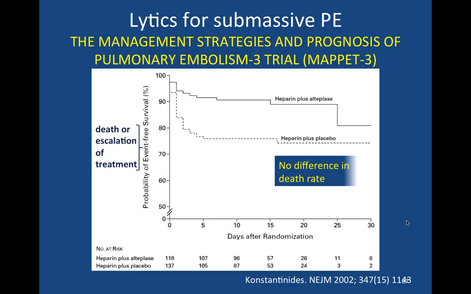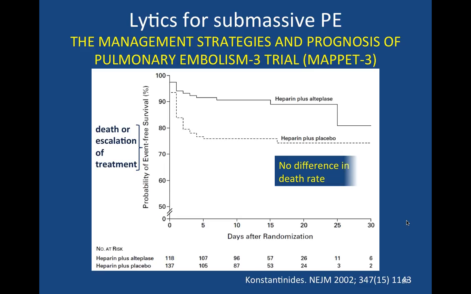And why is that? There have been more studies in the submassive population, and that's just logistics. It's easier to find and randomize patients with submassive PE that are more stable, and notice I'm saying more stable, they're not always very stable, than patients with massive PE that are hypotensive, and they're a bigger population. There is a study published in the New England Journal of Medicine in 2002 called MAPPET-3, and that's one